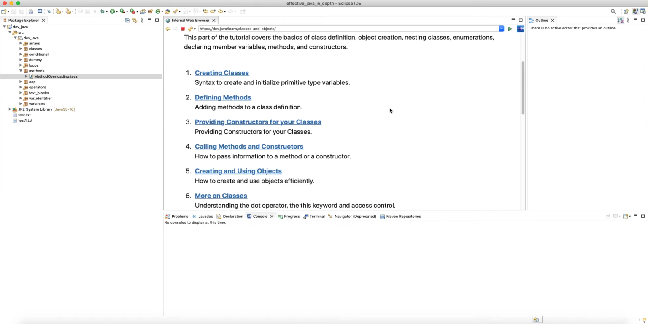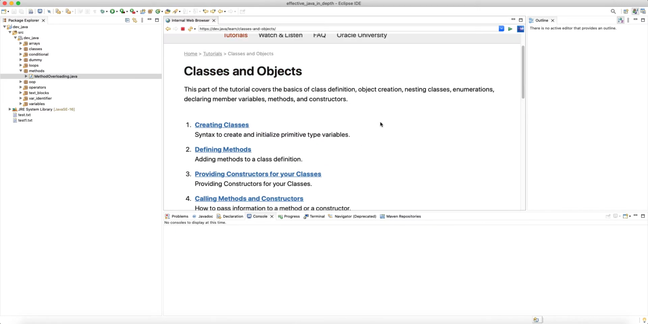Hello and welcome to another tutorial. We are going to continue our discussion on classes and objects, which is the very fundamental topic of object-oriented programming